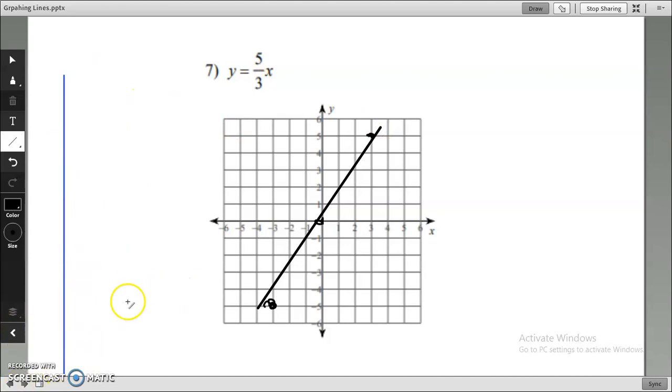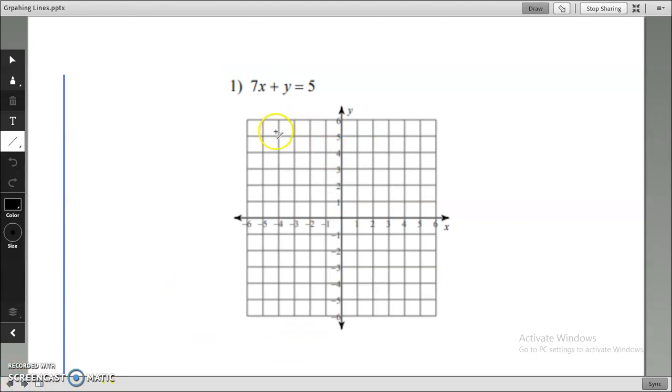But I hope you understand the point. I'm just trying to connect those 3 points. All right, now what if it is not in slope-intercept form? One, I can put it in slope-intercept form, or I can just use my